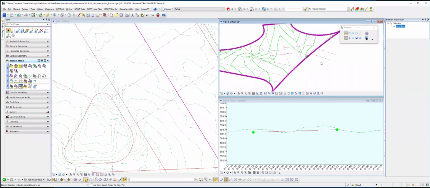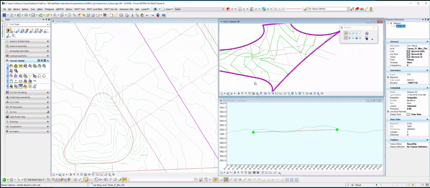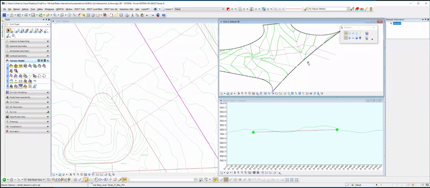And a lot of times too, if you manipulate this boundary, sometimes what happens if you get a real complex model like this is it starts to be lost by the model itself. So you'll notice your model won't update to that exterior boundary. So you just have to select it, remove it from the surface, and then add it back in. So it's a little bit of a convoluted step with it, but when it's working really well,